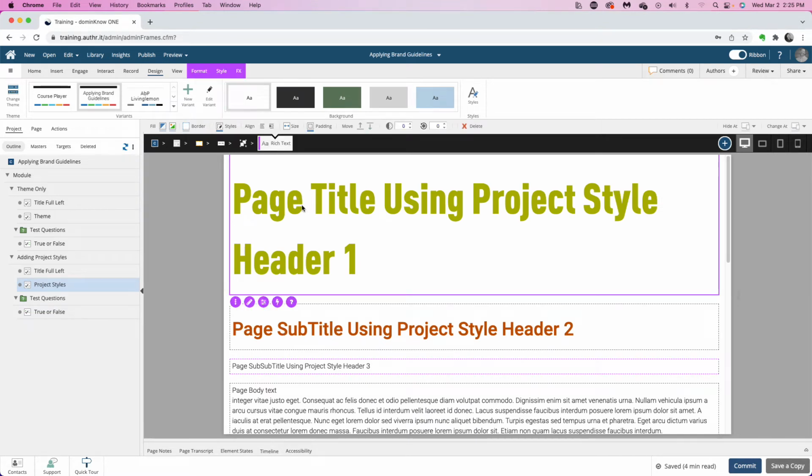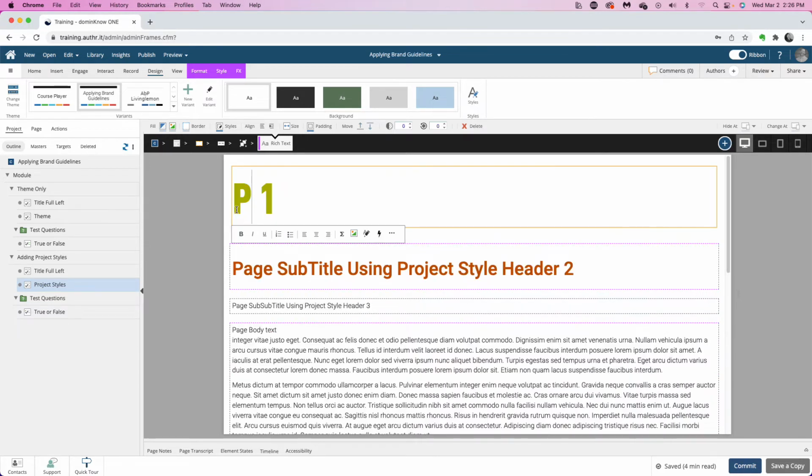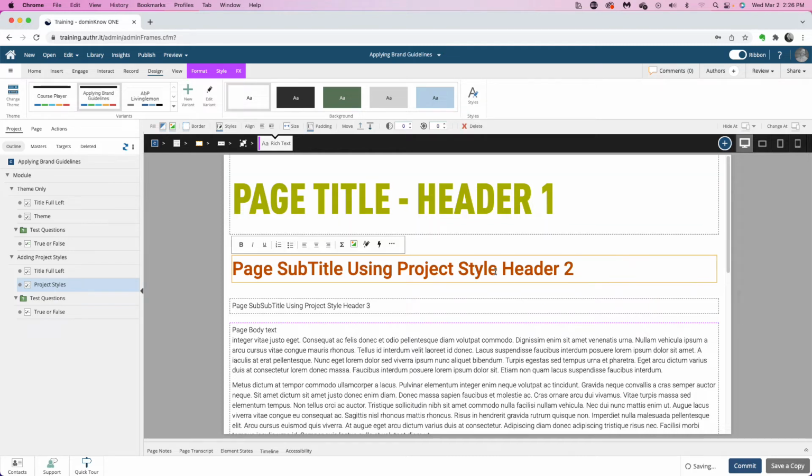One thing that I did not do here, I did not accurately follow their guidelines, and maybe you noticed this, but they did say to use all caps. There, we'll do something like that. And same for header 2. So we will call this page subtitle